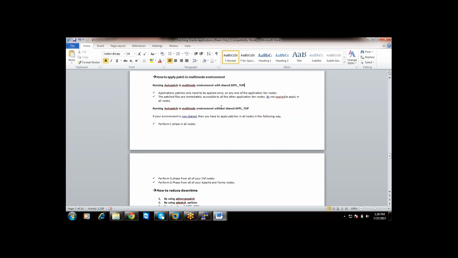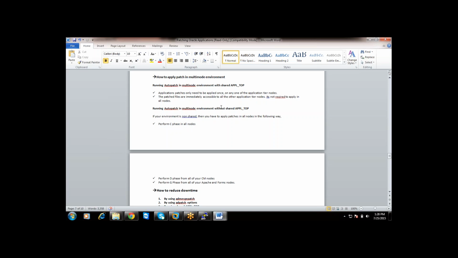So if you are managing your applications in three nodes, you are going to install your Oracle applications in three nodes. It means you will have AppleTop, Common Top, and the 10.1.2 and 10.1.3 Oracle homes in each of the three nodes.